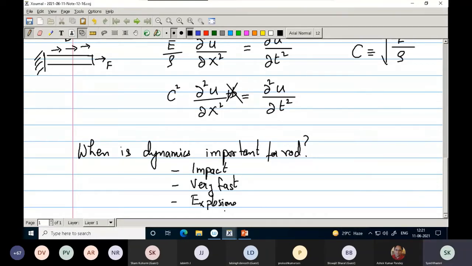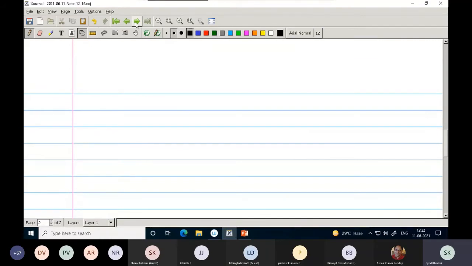So all these things are qualitative descriptions of when dynamical forces, the inertial forces, are important. But how do you quantify it? That is what we are going to do now. So in fluid mechanics, maybe I don't know if Harish spoke about it or not, as you all know, we have this quantity called the Reynolds number, Re.